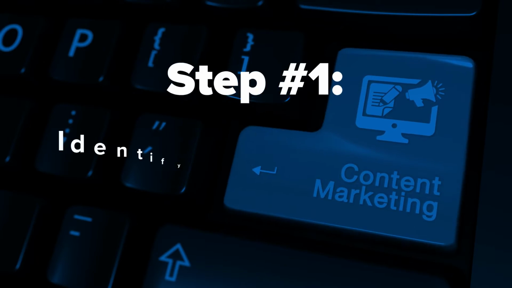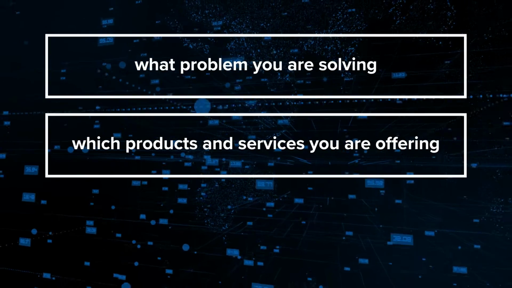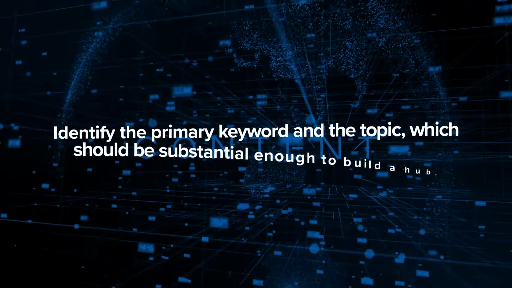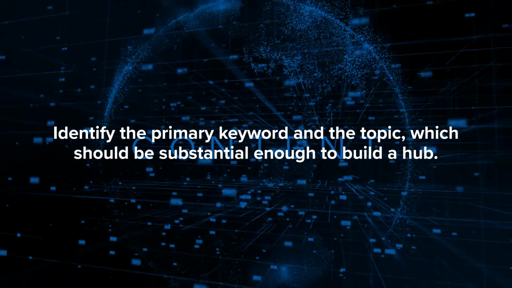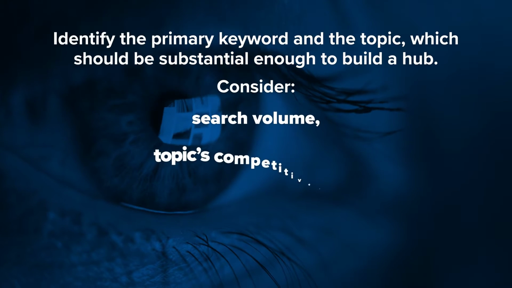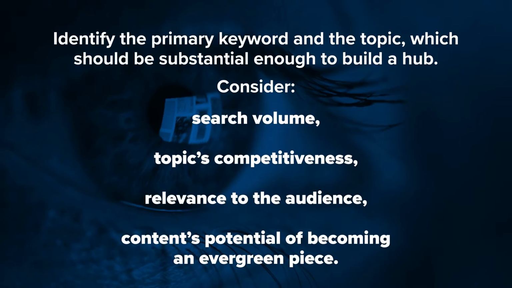Step 1. Identify the main topic and keyword. Consider what problem you are solving, which products and services you are offering, and who is your target audience. Next, you must identify the primary keyword and the topic, which should be substantial enough to build a hub. Consider factors like the search volume, the topic's competitiveness, relevance to the audience, and the content's potential of becoming an